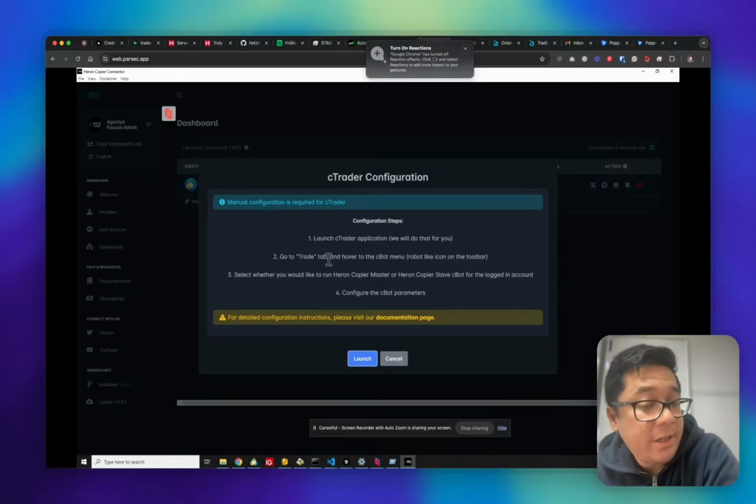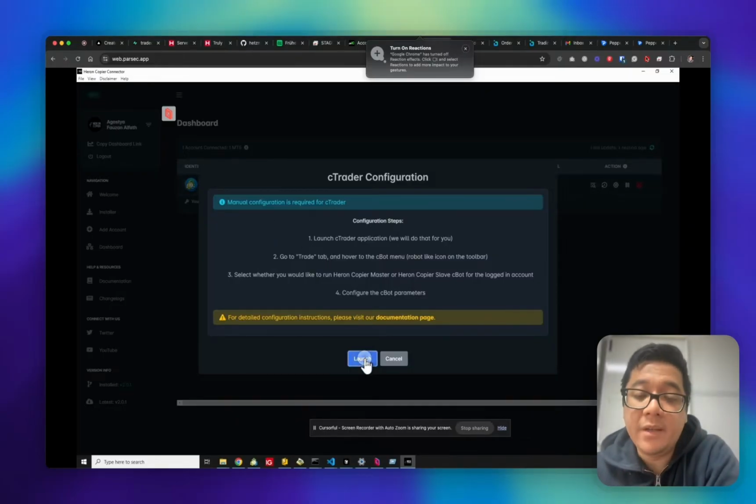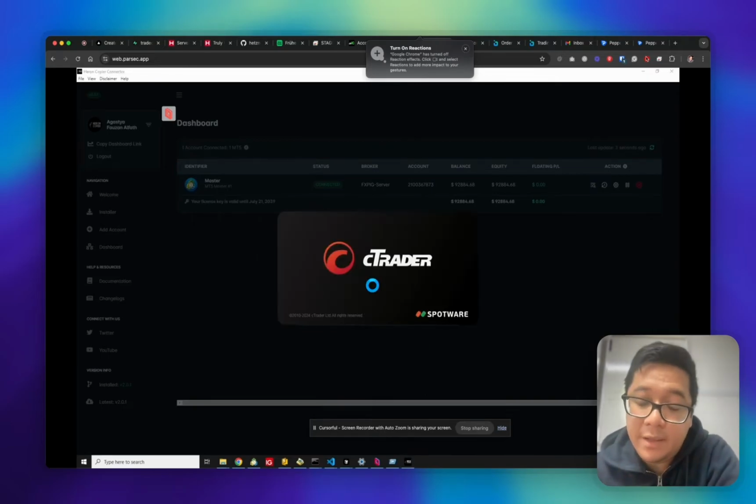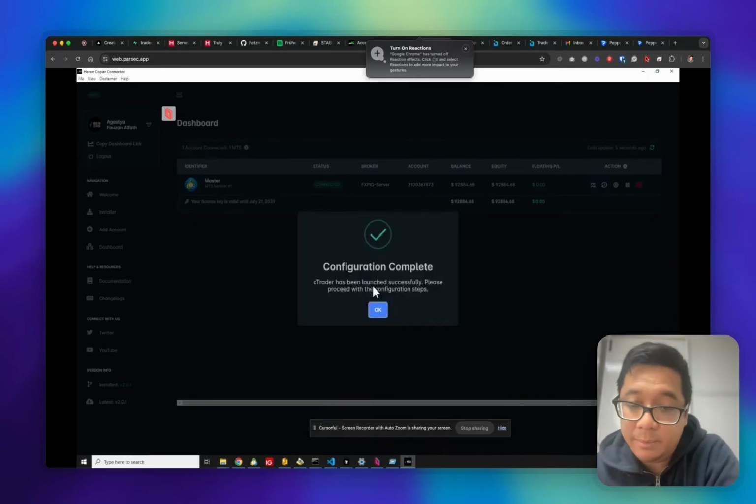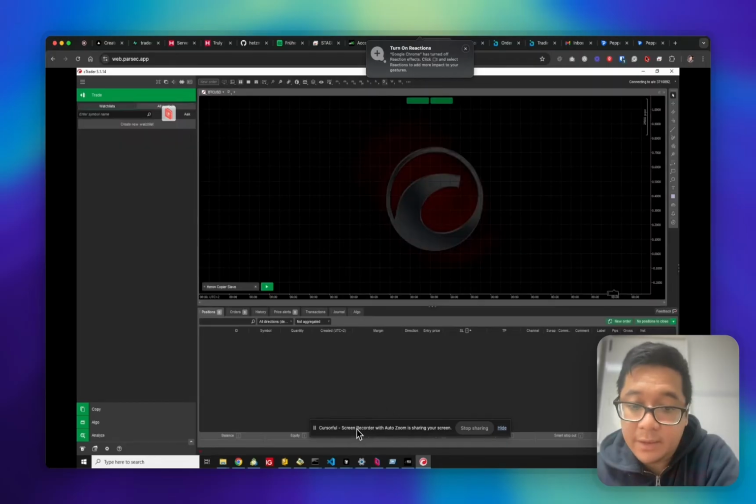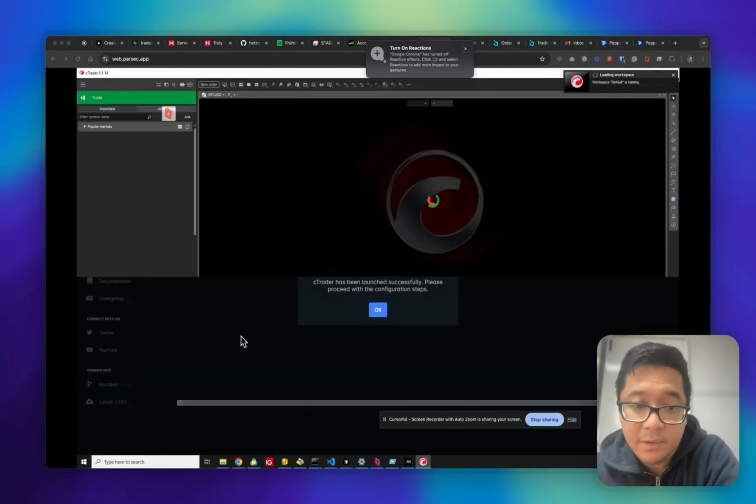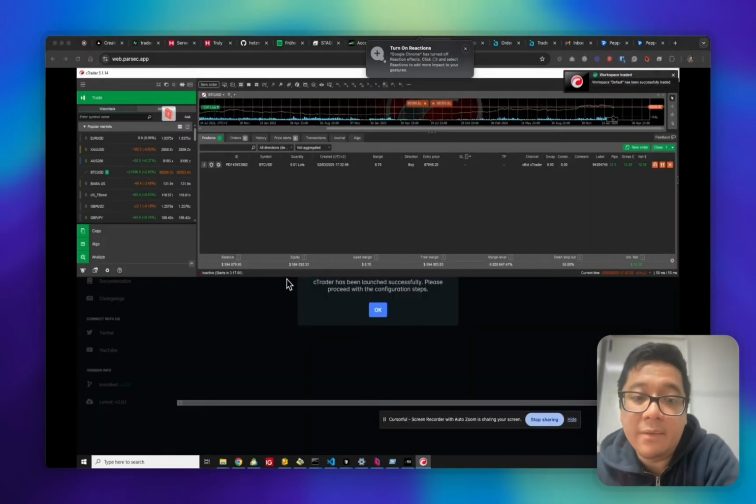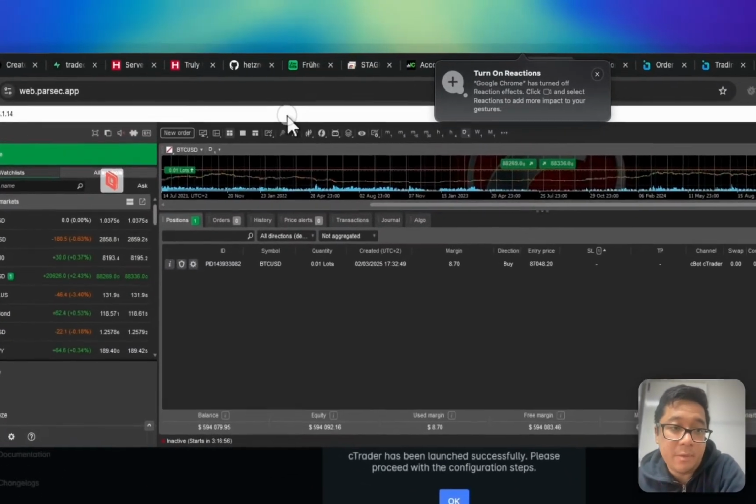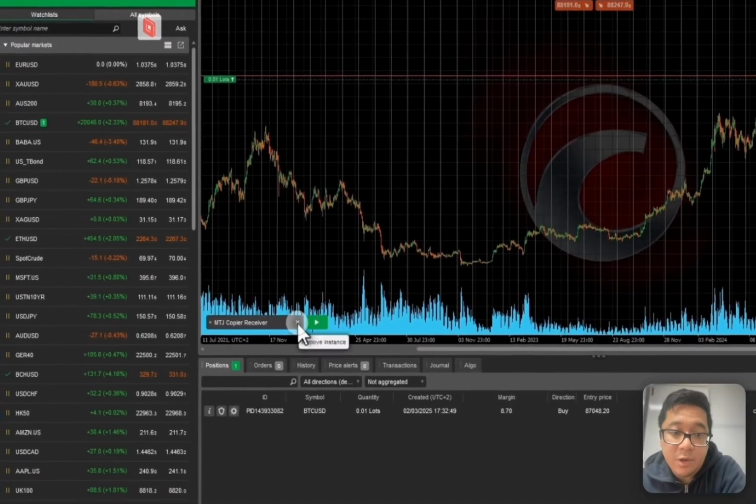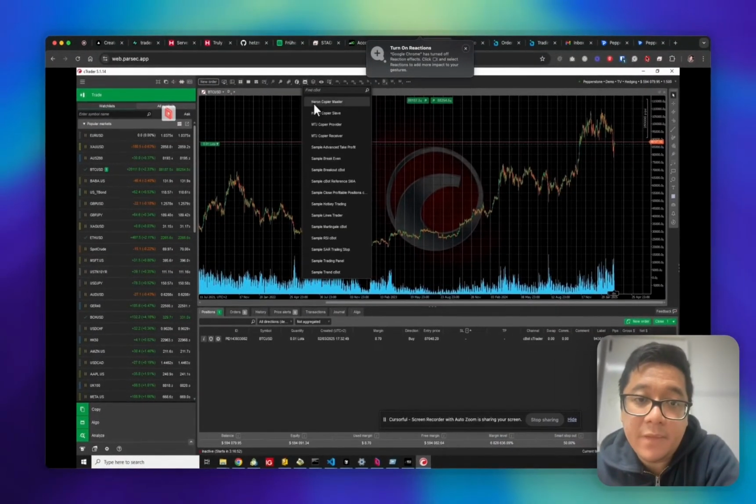And for cTrader, you'd have to configure some settings manually because, well, this is the limitations from the platform. So if you use a cbot, then you'd have to run the copier. You'd have to run the configurations manually, unfortunately. So now the cTrader platform is launched. What you can do is that you can just simply hover to this icon right here and select Heron Copier